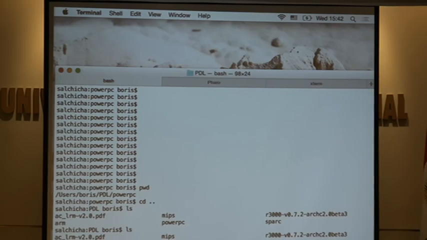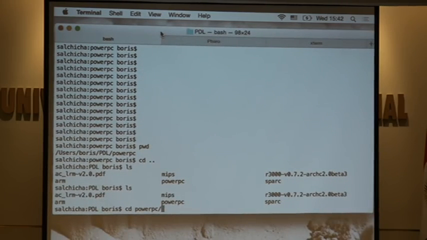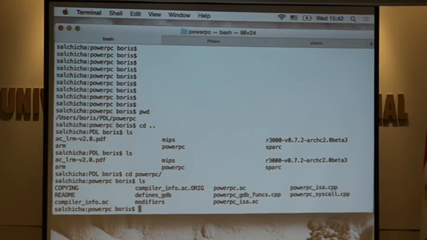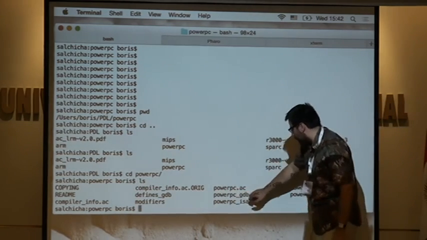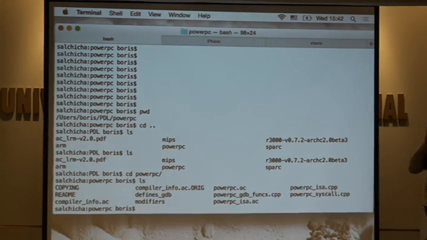So here, you've got a number of files. You've got PowerPC.ac. That is a structural description of the processor. I'll just show you.